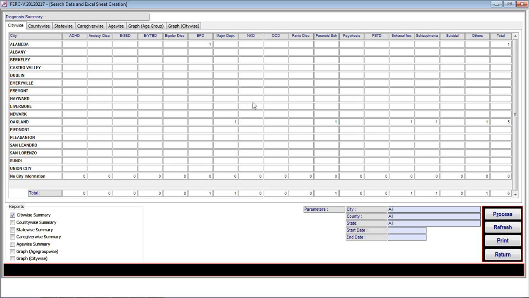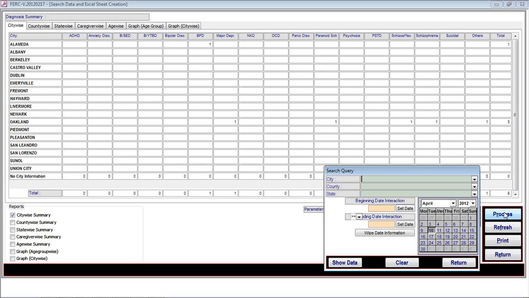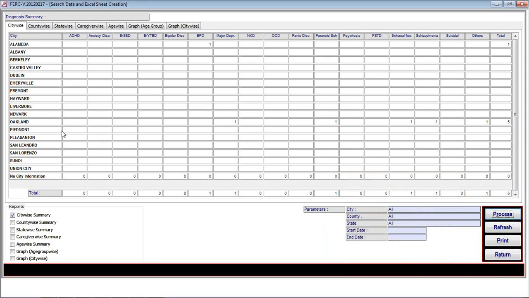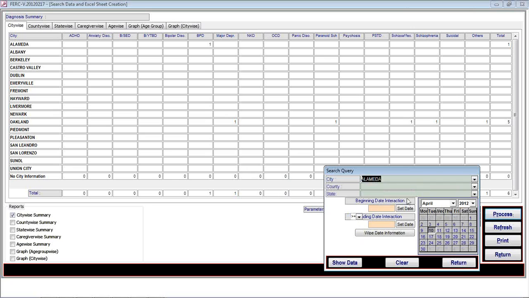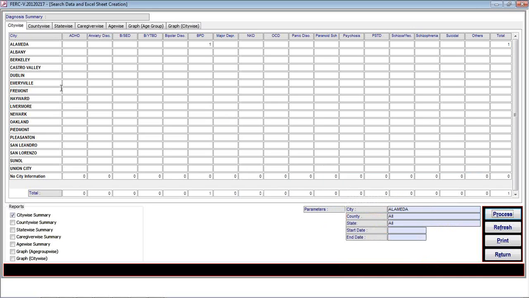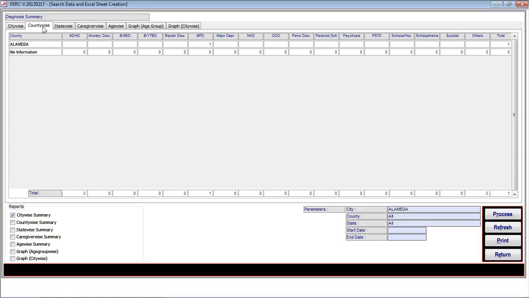Here again, the same process is there. The user can process the data based on city, county, and state. If we look here, at this moment it is showing the information of Alameda and Oakland. Now I'm going to process the information about Alameda, show data. Now it is showing information only for Alameda. And if we look at the other reports, they are all processed and showing Alameda, state-wise California,